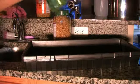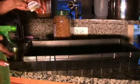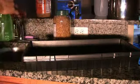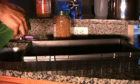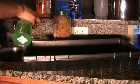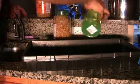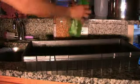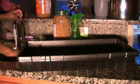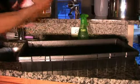And then I'm going to take my pH balanced water. You want to make sure the water that you use is between 6.5 and no more than 7. And you just want to lightly dampen your soil. Okay? I guess I should have washed my hands before I went to the wash bottle, right? Alright, so